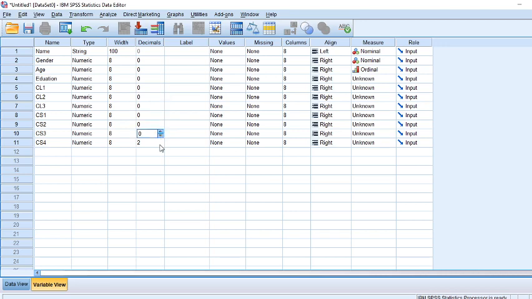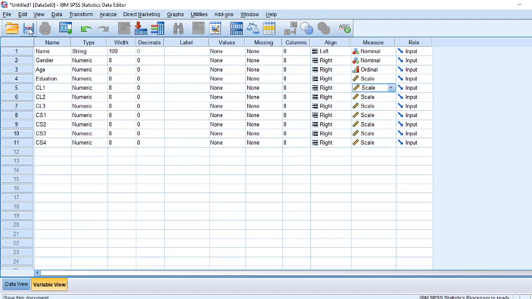Once you are done with this, the other things will remain constant. Just make the decimals 0. If you are going to have secondary data analysis, then you must have decimals, if there is a requirement for ratio data. We are not dealing with ratio here; we have a Likert scale. Let's say we have 1 to 5, so we don't have values like 2.3 or 4.5. That's why I don't need decimals. When you select it, you can press the down arrow. The rest are Likert scale.